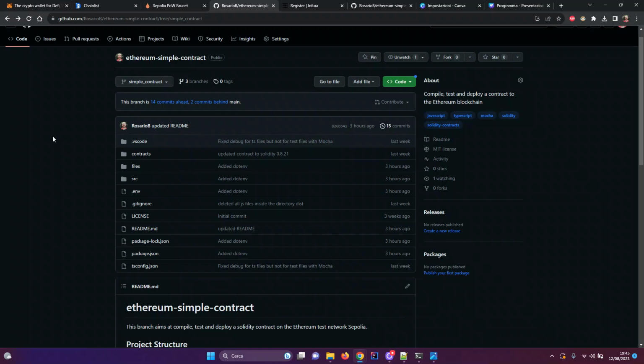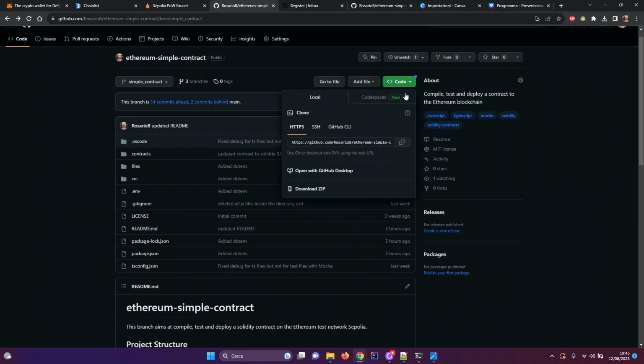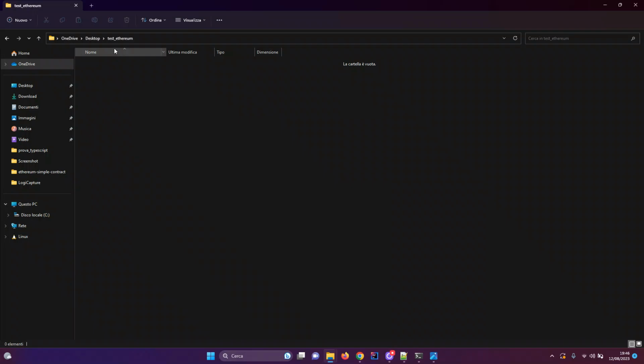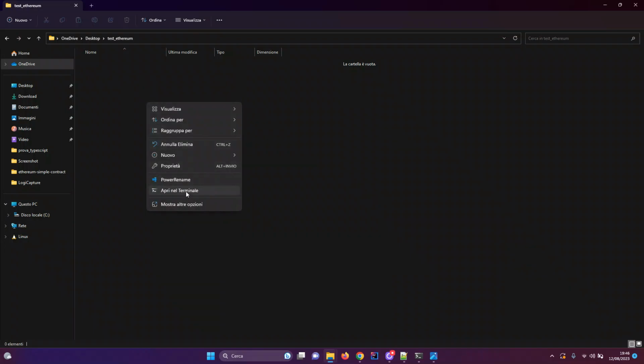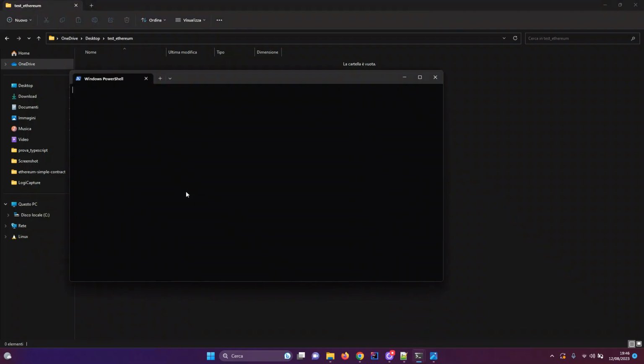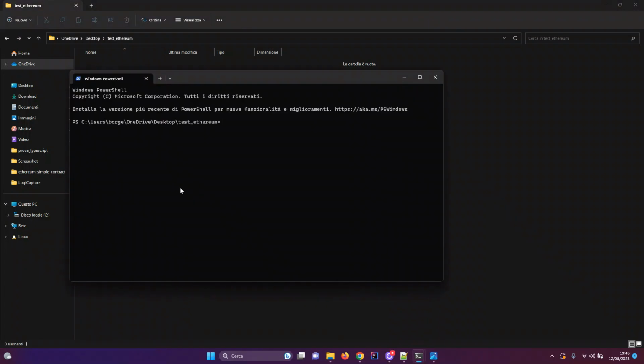We are at the GitHub page of the repository, and we just need to copy this URL here. Then I created a folder which I called test Ethereum, and then we can start a terminal at this folder, and we basically have to clone the repository.